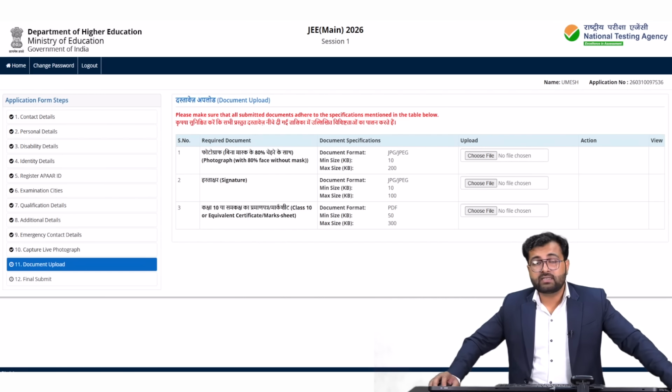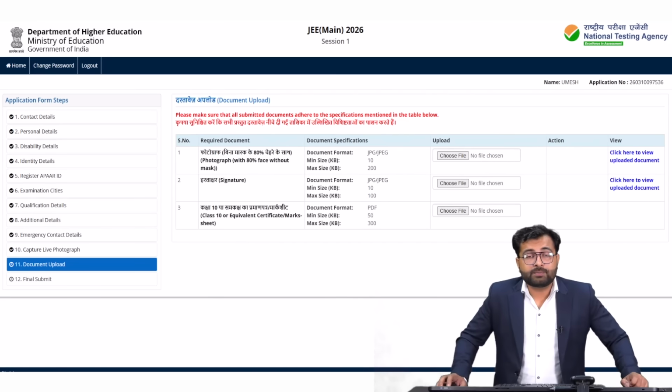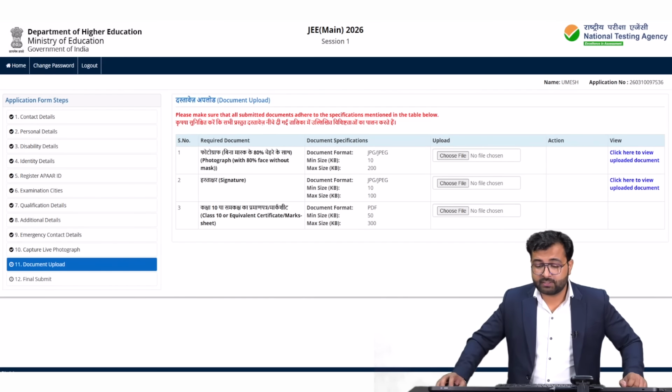Then your class 10th or equivalent certificate, meaning your class 10th certificate or mark sheet. If the two are different, then you have to combine them into one PDF, and if there is only one certificate, then you upload the same. The document must be a PDF and the size should be between 50 and 300 KB. Okay, now let's upload the documents here.